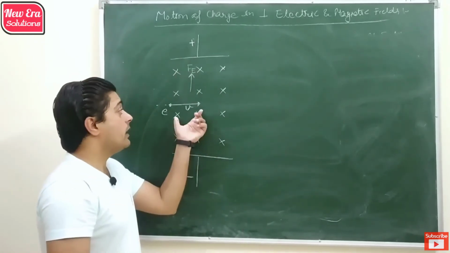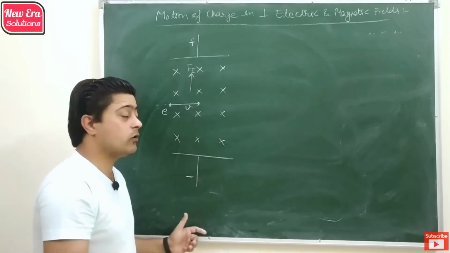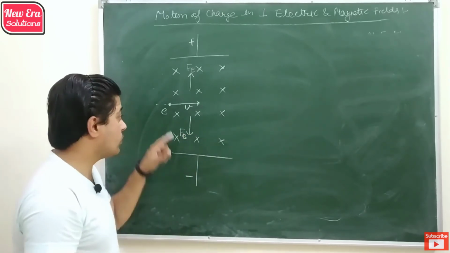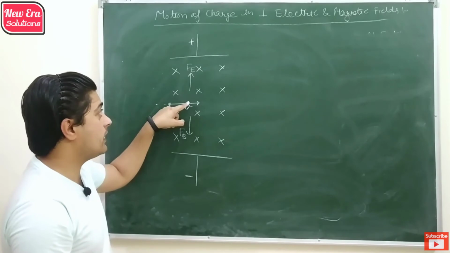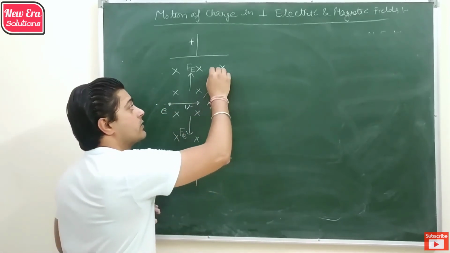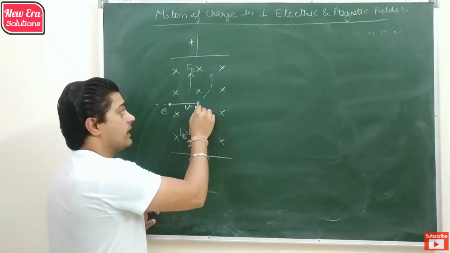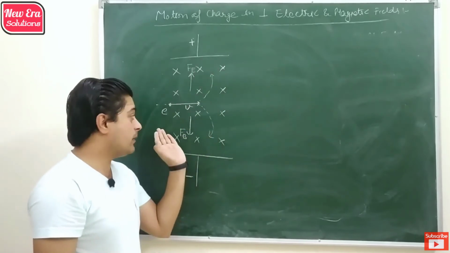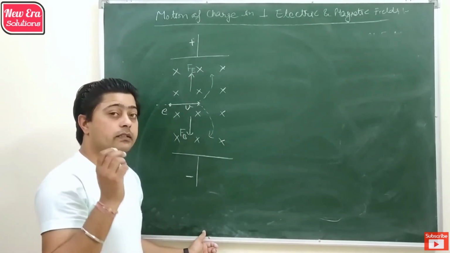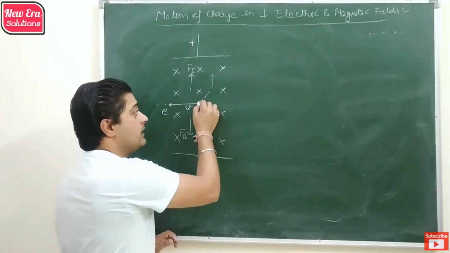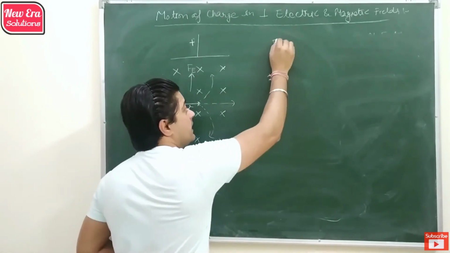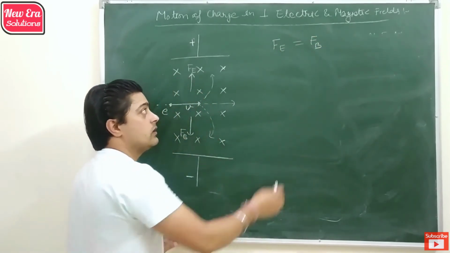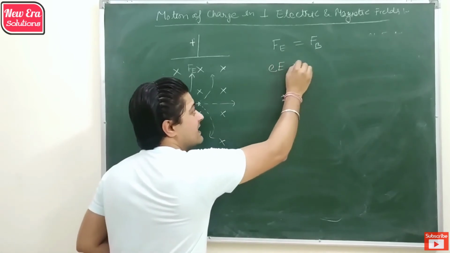And if we apply Fleming's left hand rule, in that case we observe the magnetic force is pointed downward. So the electrons which are deflected by the electric field move in the upward direction like this, and those which are deflected by the magnetic field move in that direction, because the electric field accelerates and the magnetic field rotates the charge. But there are some electrons which remain undeflected only when the electric force is equal in magnitude to the magnetic force. So qE is equal to